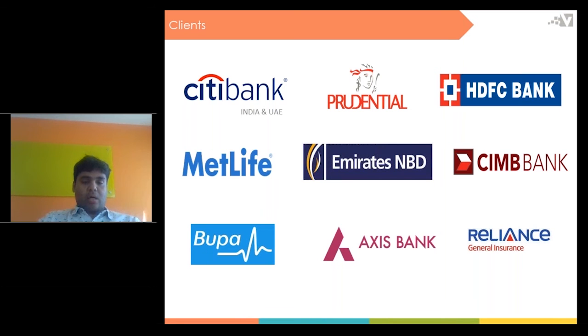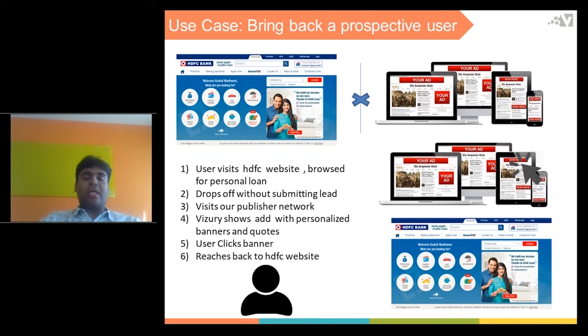So what I wanted to do here is take you through a use case which is solved by digital marketing. This particular use case is bringing back a prospective user. There are other use cases like bringing a new user or just running an awareness campaign or a branding campaign through digital marketing.